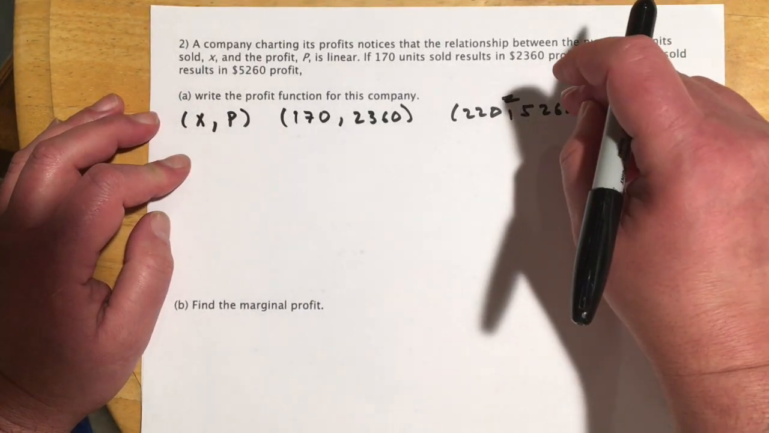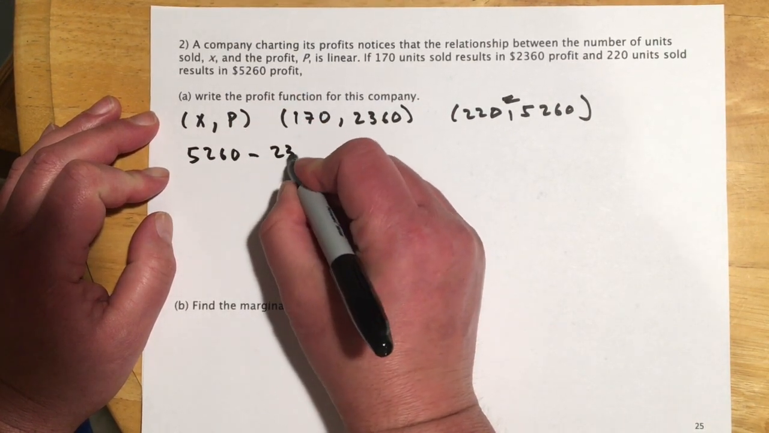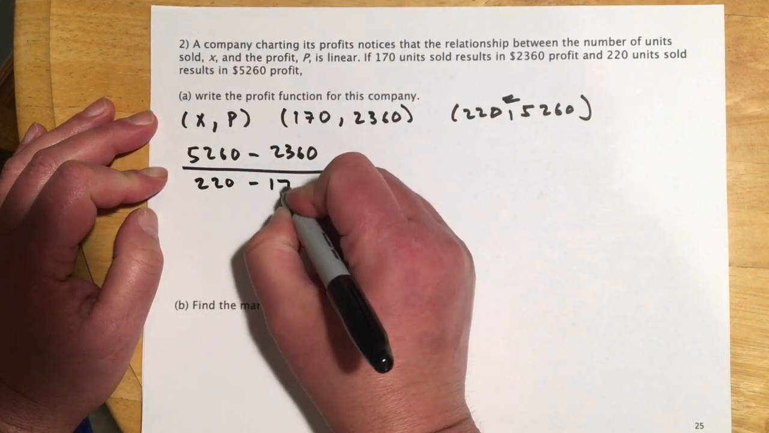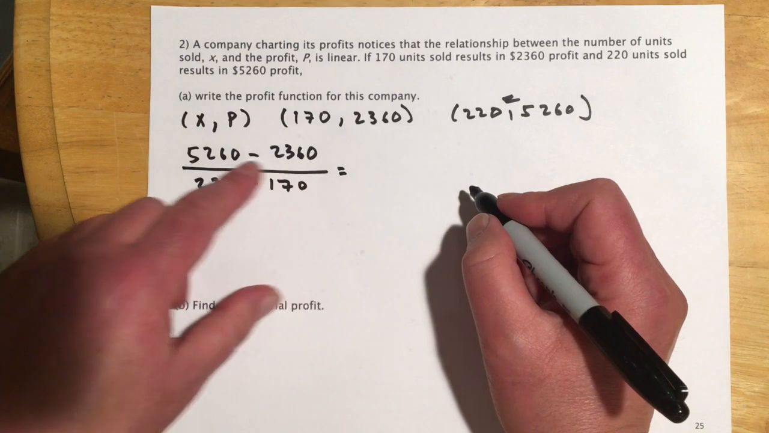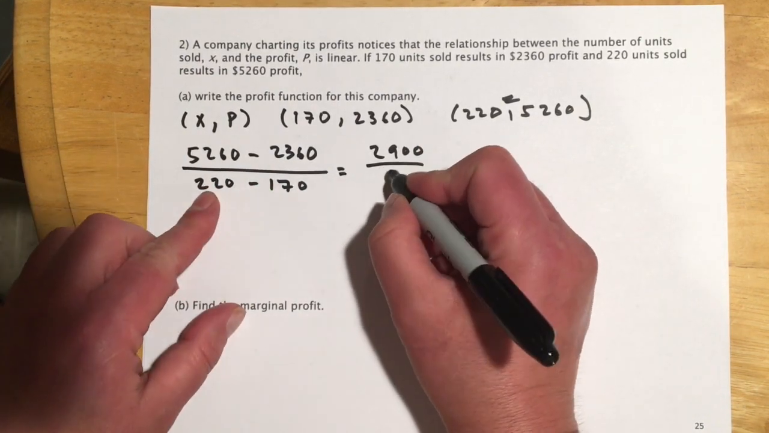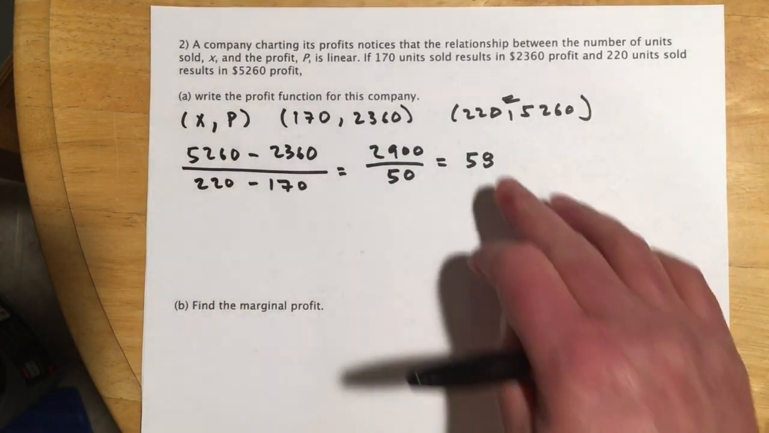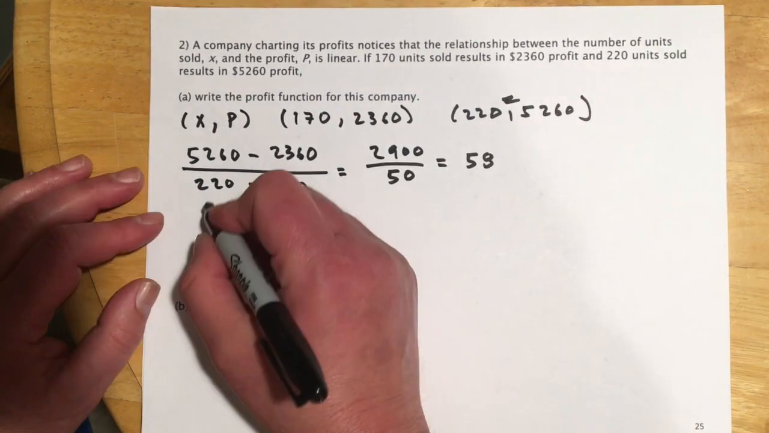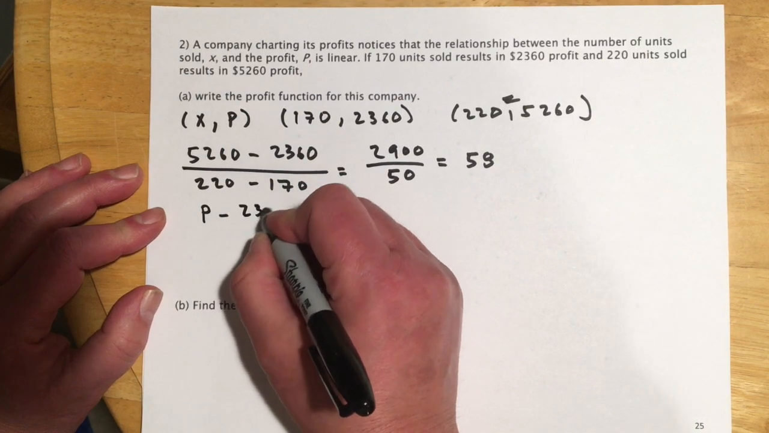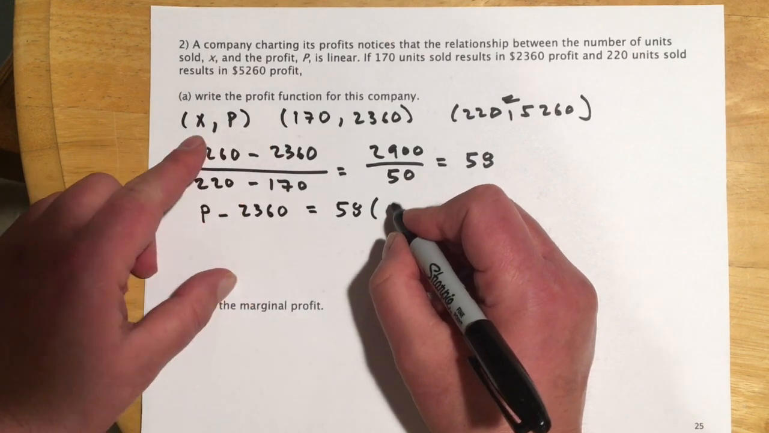so finding our slope, go y2 minus y1 over x2 minus x1. And up top, that got me 2,900. And then downstairs, that would be 50. So that gave me a slope of 58. And I just did this with the point slope formula. So p minus, I think I used the smaller numbers, yep, equals slope 58 times,